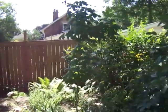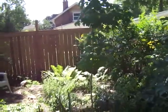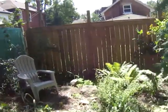This fence back here, the wood one. It's like I'm in a Minecraft game because I've got the stone here and the wood building here. Anyway,